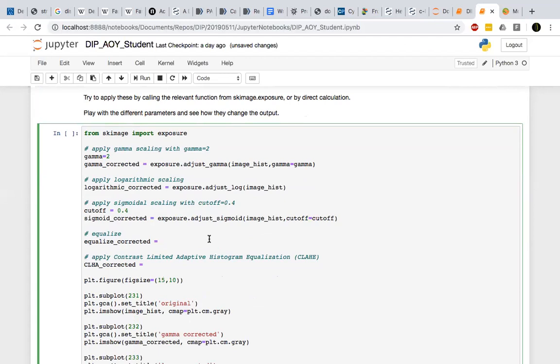The next thing we want to do is equalize. Equalize basically maps the histogram of your pixel values into a constant, or uniform, distribution. Usually what it does is it stretches out your contrast. It makes your darkest pixels darker than they are, and your brightest pixels brighter than they are, right? Because it takes the brightest one and puts it at 1, no matter what it is, and the darkest one it puts at 0, and everything in between just flattens out. So it has the effect of increasing contrast. This is exposure.equalize